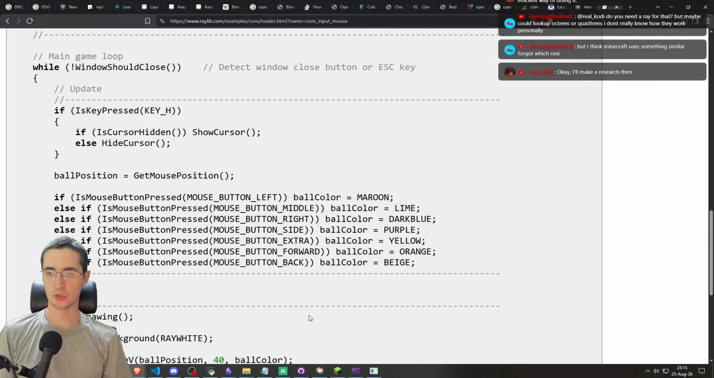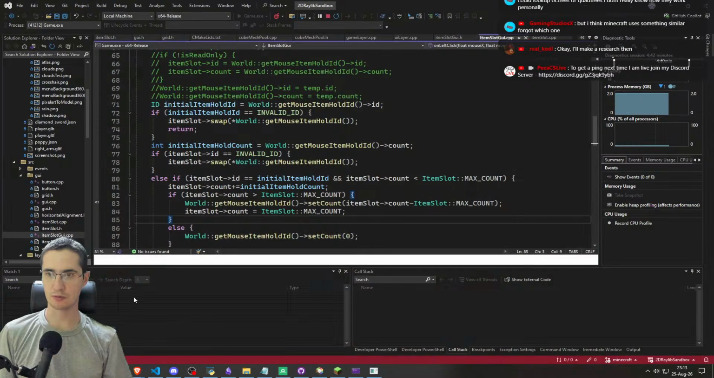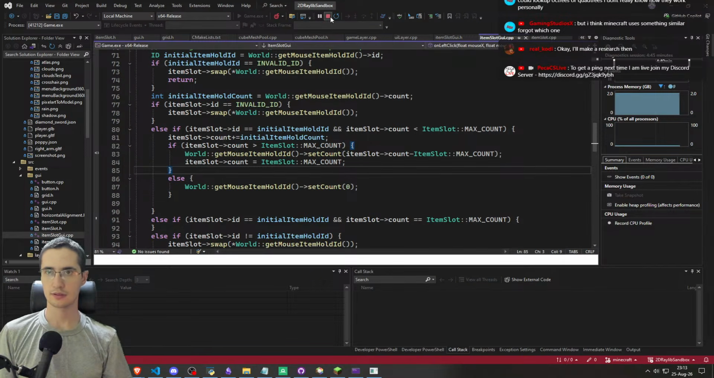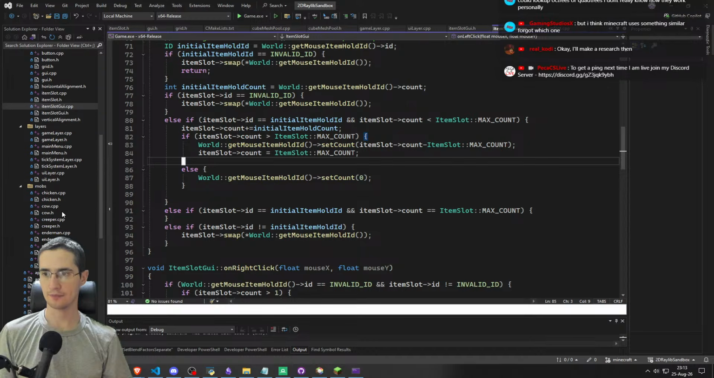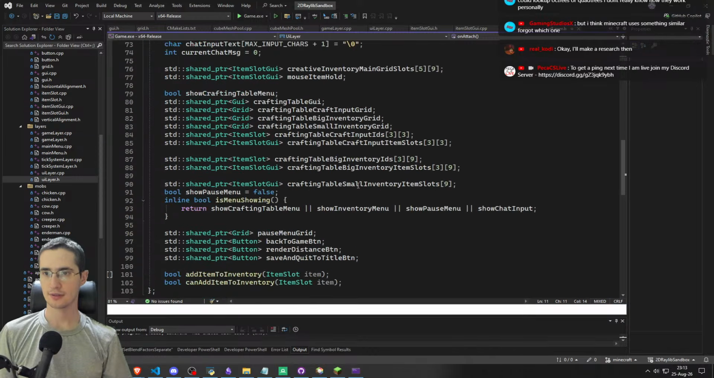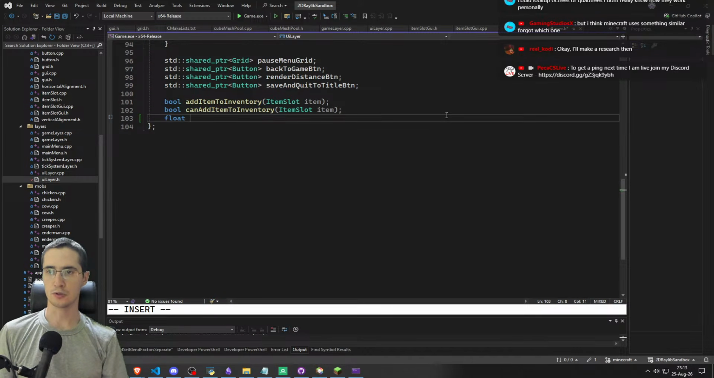Okay. Can we do double left click? Double left. We can check the last time we left clicked. Okay, let's do it quickly. UI. Float last time left click. Sure. And do equal 0. And when we left click,